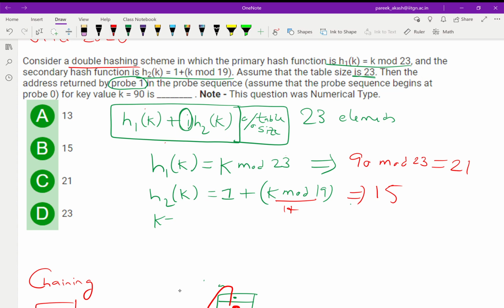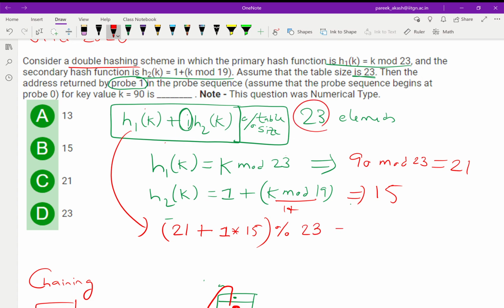And now putting all this in this formula, h1 of k is 21 plus i will be 1 because we are doing it for the first probe, times h2 of k which is 15, and we have to mod this with table size, which is 23. This will give 36 mod 23, which is 13.